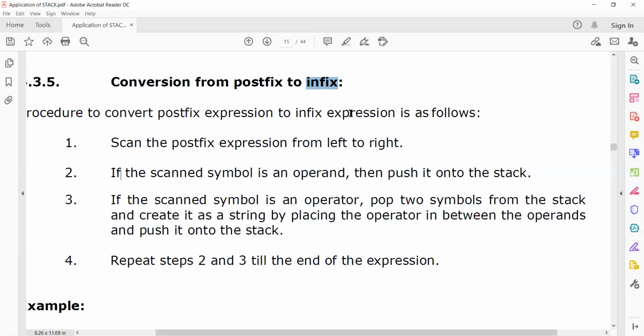The only difference between the previous one and this one is that you have to place the operator between the operands. Why? Because this is infix, so from the name itself you can tell. Wherever the operator comes, I have to place the operator between the operands.